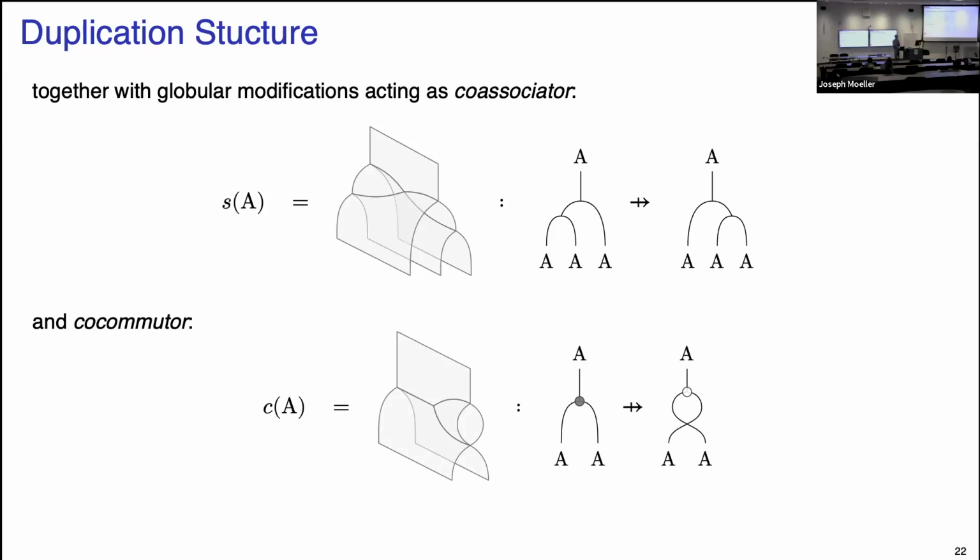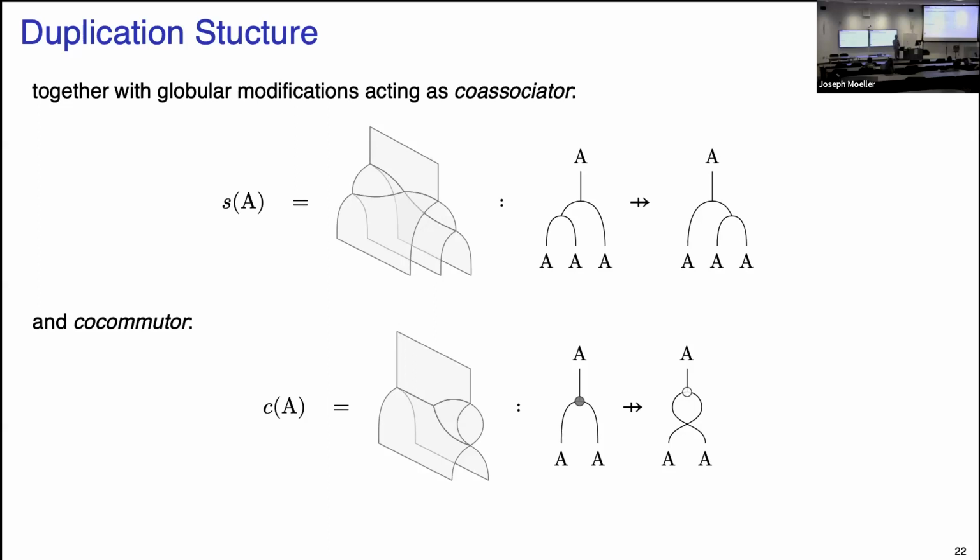They're the opposite duplicators that I introduced a few moments ago. And the reason for this is because in order to be a modification, we need to be natural with respect to arrows and pro-arrows. And to do that, we need to preserve the boundary structure as we pass across the component here. So if you work out what would happen on the boundary, if we didn't change to the other